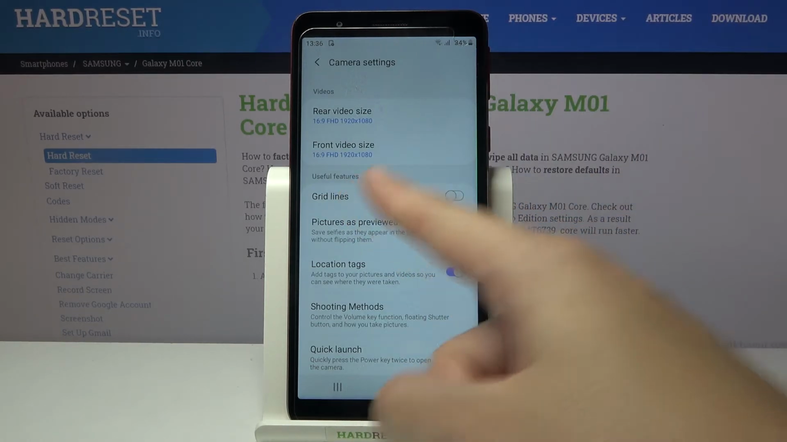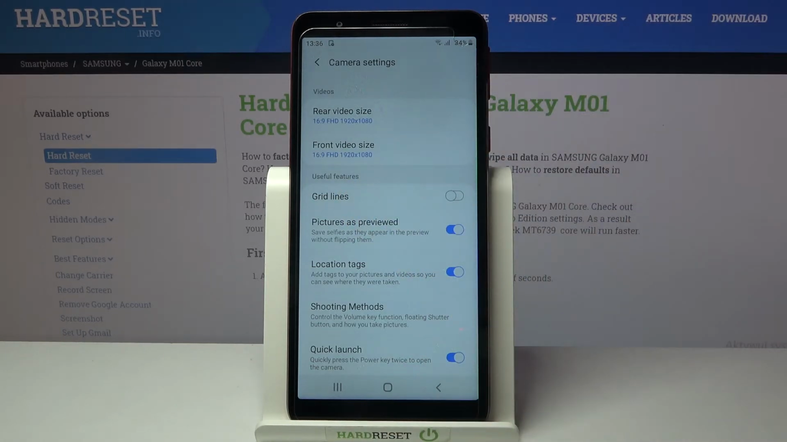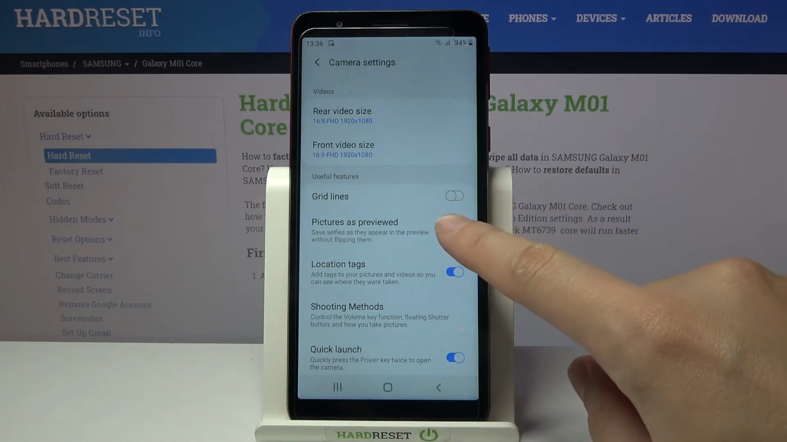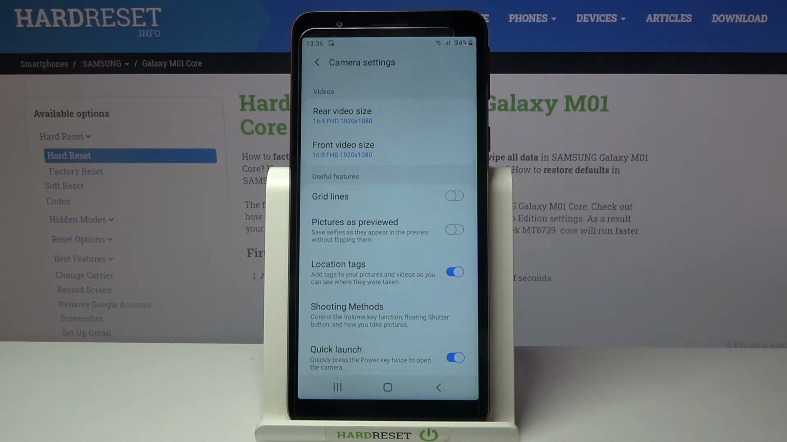At the second place we have the pictures as previewed option, so this is our mirror effect. By using the button from the right, we can easily turn it off and turn it on as we need. We have also short info from the device that this can save selfies as they appear in the preview without